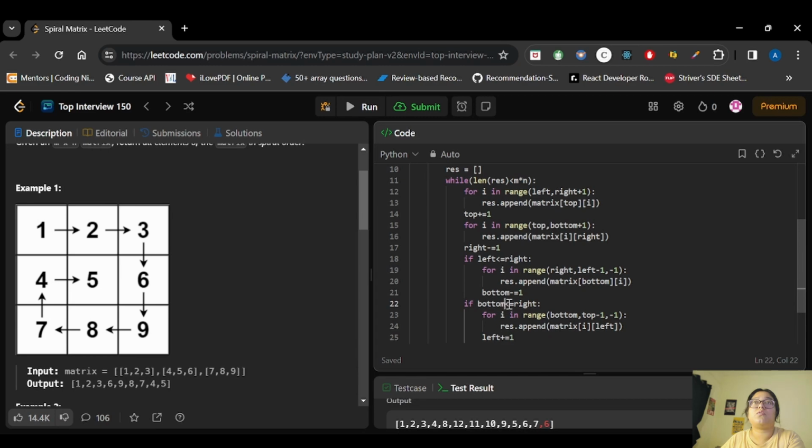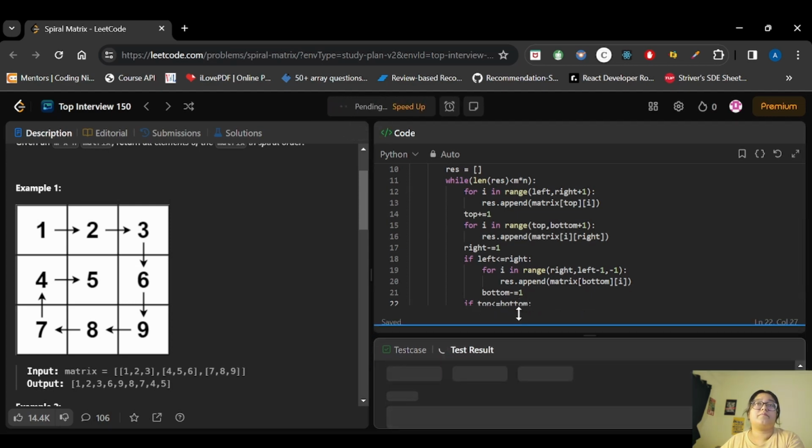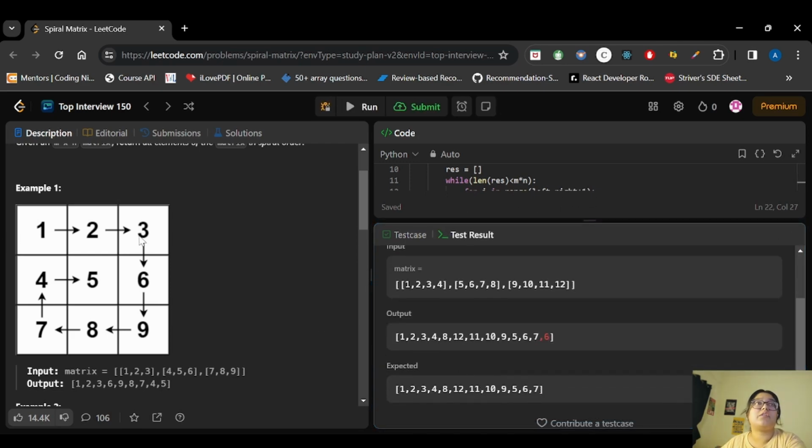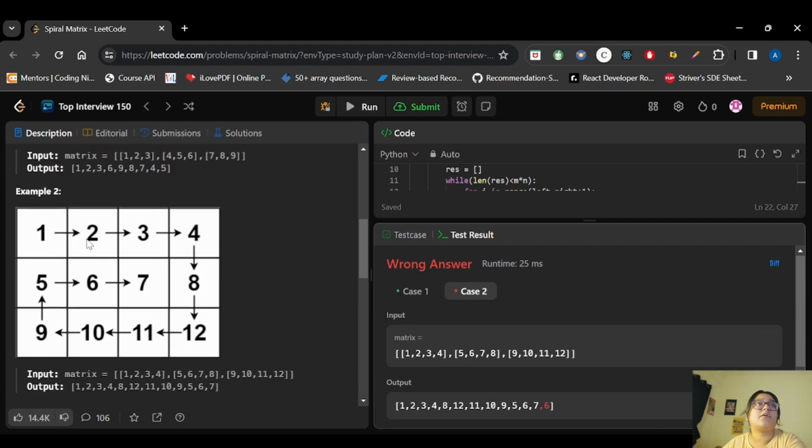So this is the old code that we had. Top was less than or equal to bottom. What is happening? We started from 1 2 3, then we were printing. After 1 2 3 we have to print, okay, this is the example, right? So after 1 2 3 we are printing 8 and 12, fine.